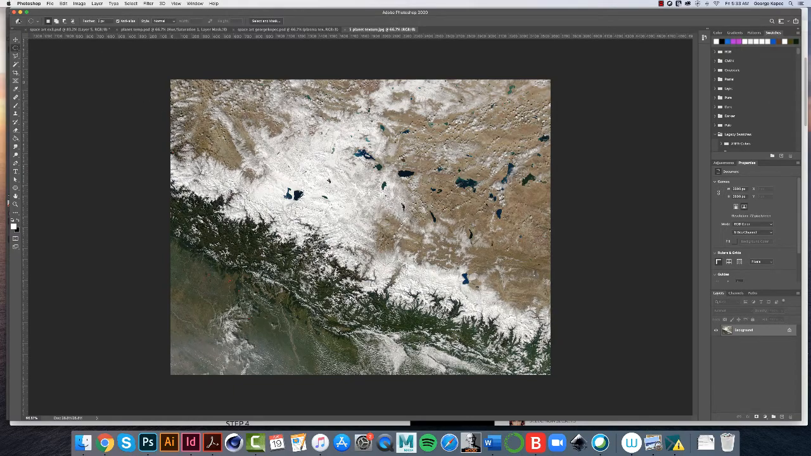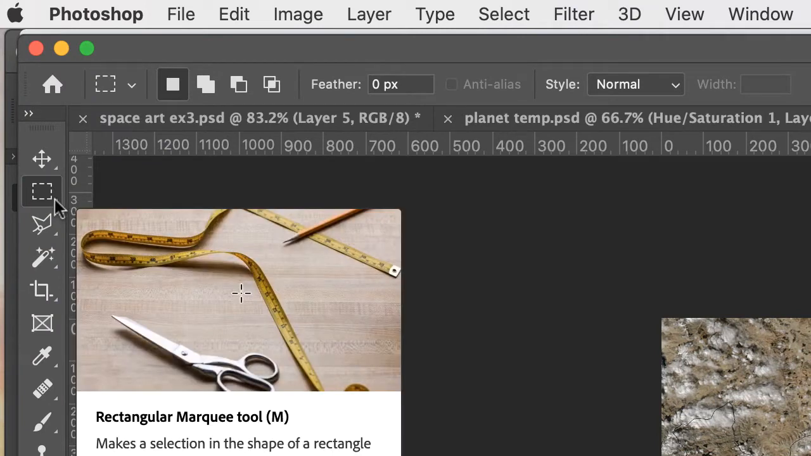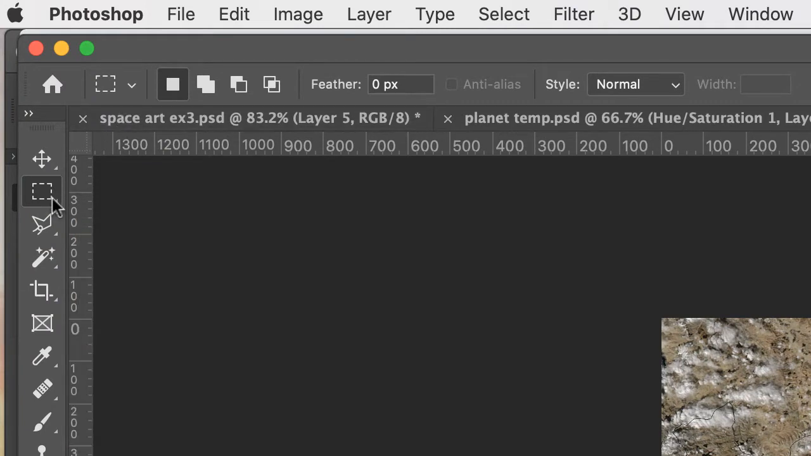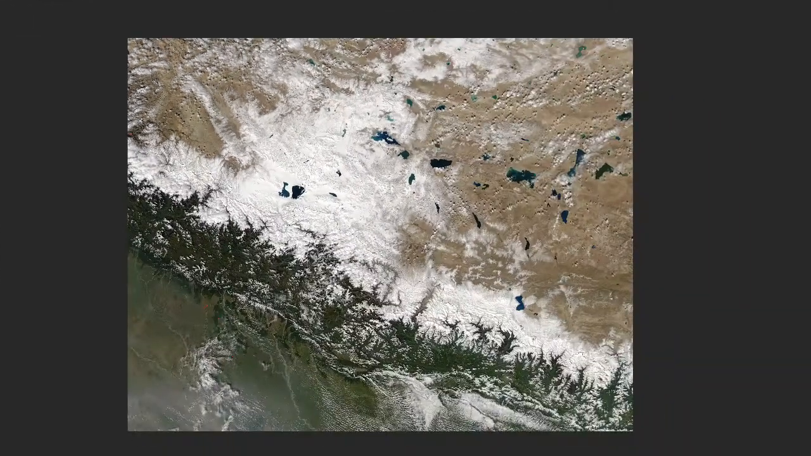Go over to the toolbar, and there's the marquee selection tool. It'll probably default to the rectangular marquee selection tool. Hit the drop down menu and choose elliptical marquee tool. With the elliptical marquee tool enabled, way out here outside your image, click, hold, and drag and make a nice big elliptical